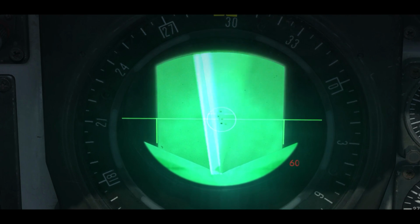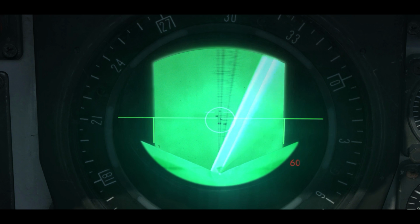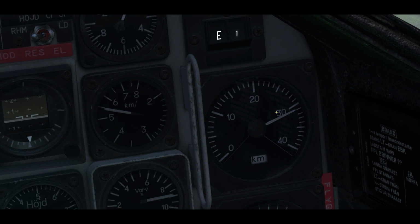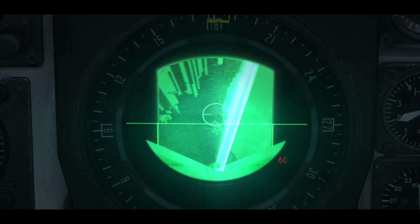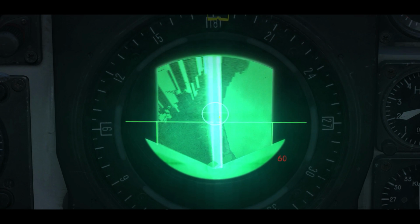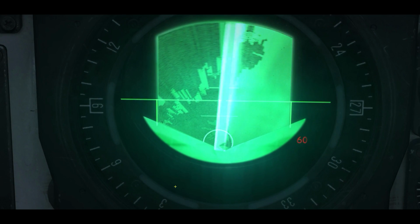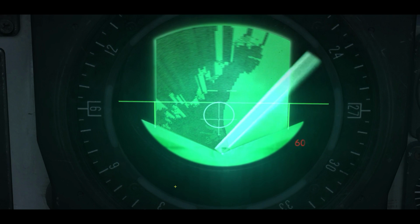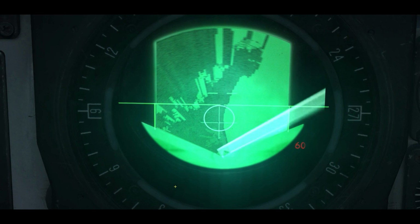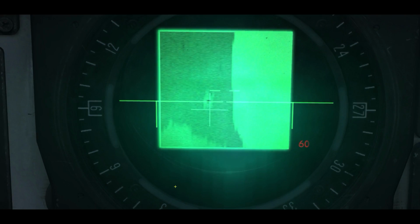rather than approaching the ships from their front or rear, which will show you a smaller picture with fewer radar returns. In order to spot ground vehicles, you will need to be within 30 kilometers of the targets, as further out the target size is just too small for the radar to show. Once spotted, you can mark that position in the same way that you would set a sensor point of interest in the A10, and depending on what weapon you have selected, you can now use that position to deploy your weapons. Additionally, the radar is used for navigation, with it showing you the next waypoint's location, as well as landing